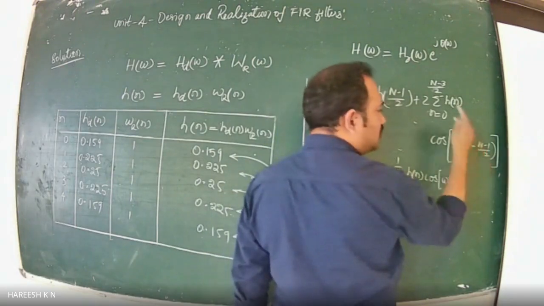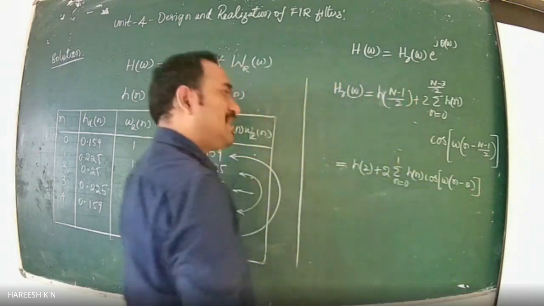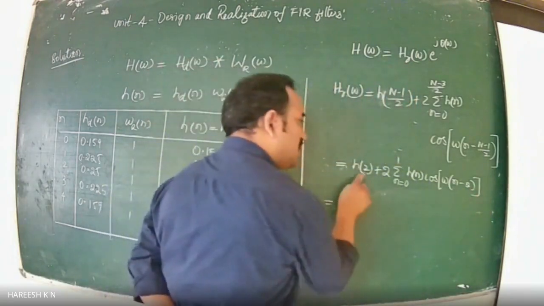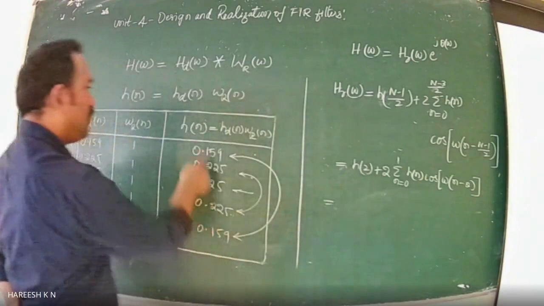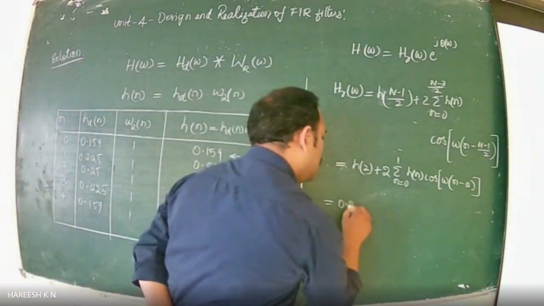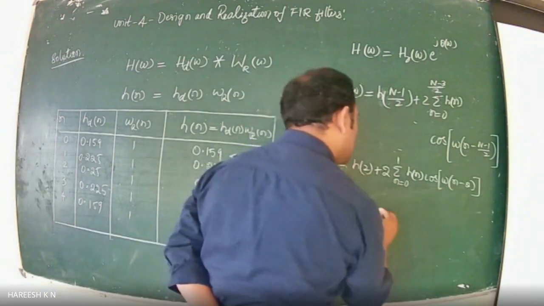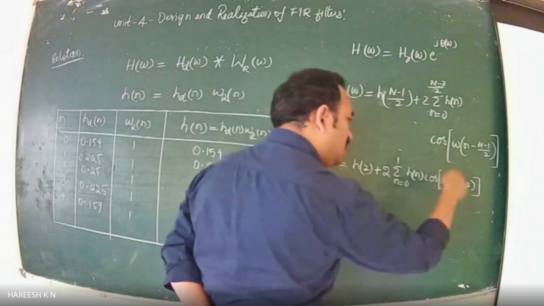n minus 1 is 4, 4 by 2 is 2. Therefore, n minus 2. Now, we need to split this up. Is equal to, what is h of 2 value? H of 2 is 0.25. Is 0.25 plus 2 into, if I split this summation, this 2 gets multiplied to each and every sum inside